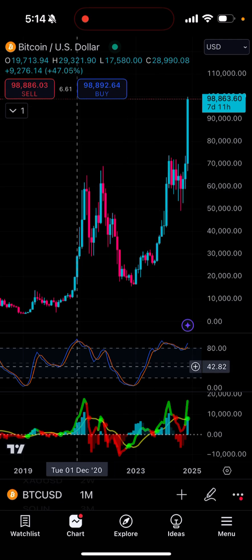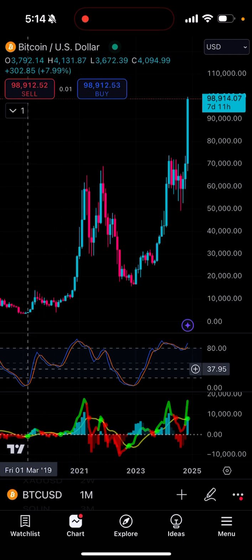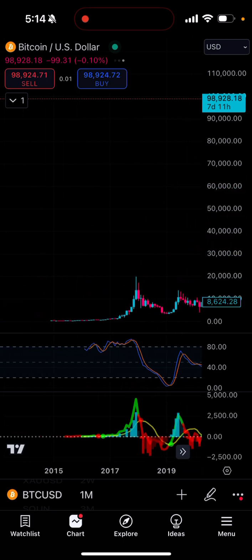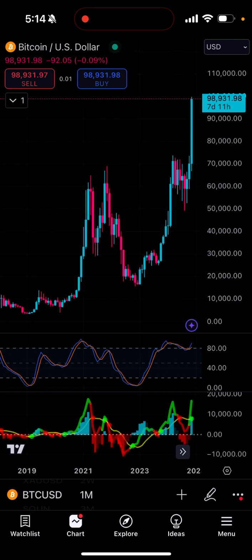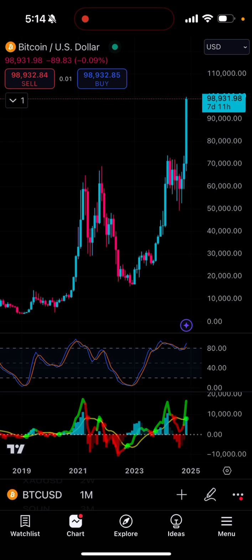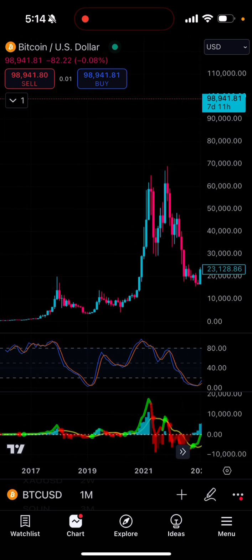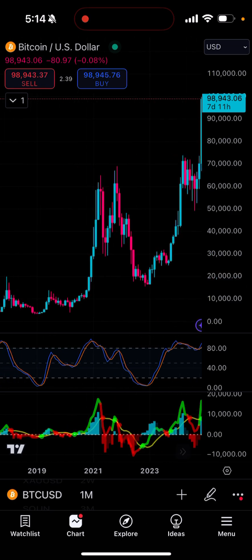On the monthly chart, you would have purchased Bitcoin 2 times in the last 5 years or so. Your first entry would have been here at $4,000 on Bitcoin, in March 2019. Prior to that, I don't think my chart goes back further, since I'm using Coinbase, which doesn't give me a little bit more historical data. But again, this is the easiest thing I can think of.